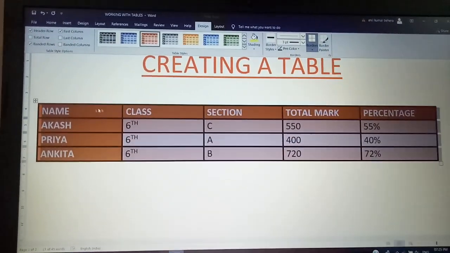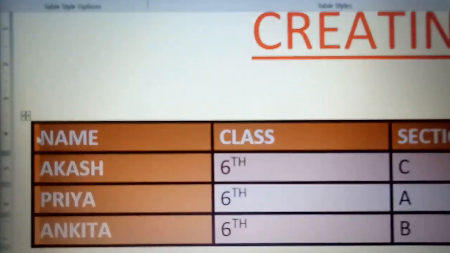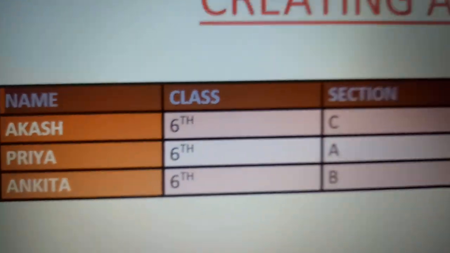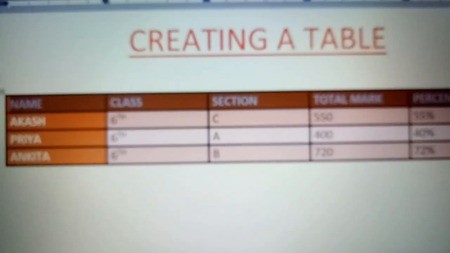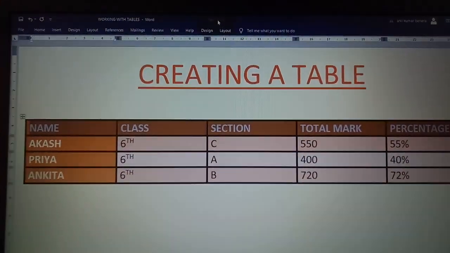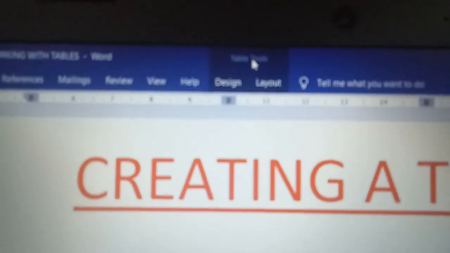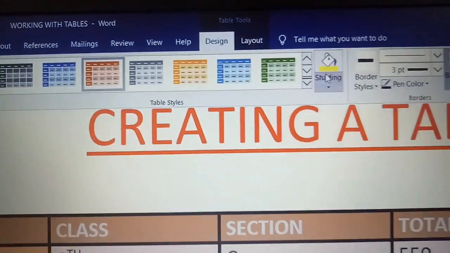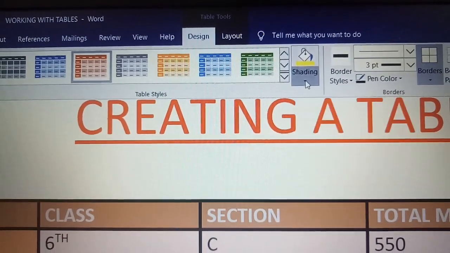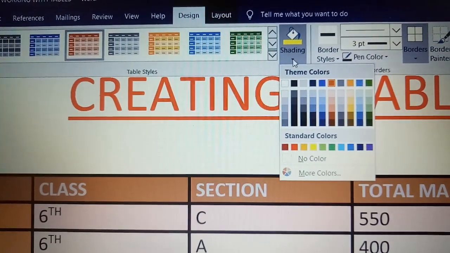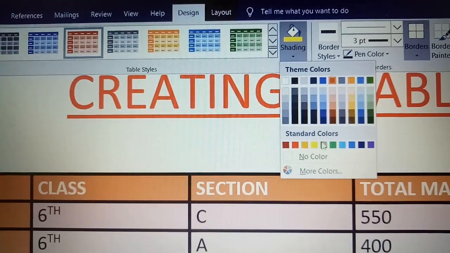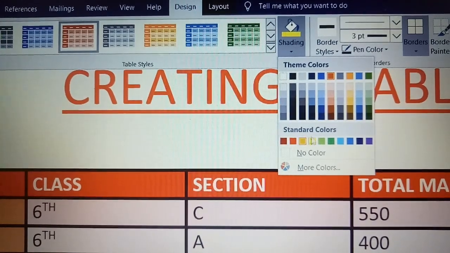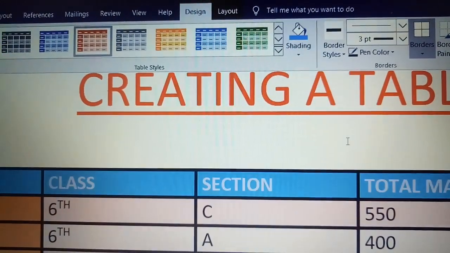Let us say I want the heading to be shaded, so I will select the entire heading, and then again we will go to the Table Tools option. From there, Design, and then the Shading option, right? Click on this, you get a list of colors. Whichever is suitable for you, you can select that. Let us say this one.